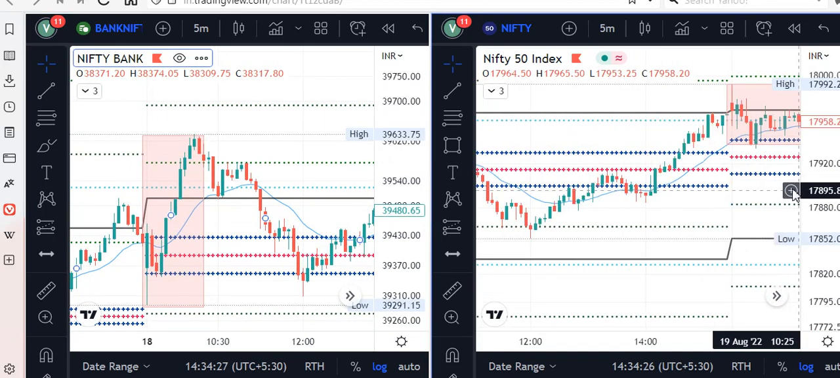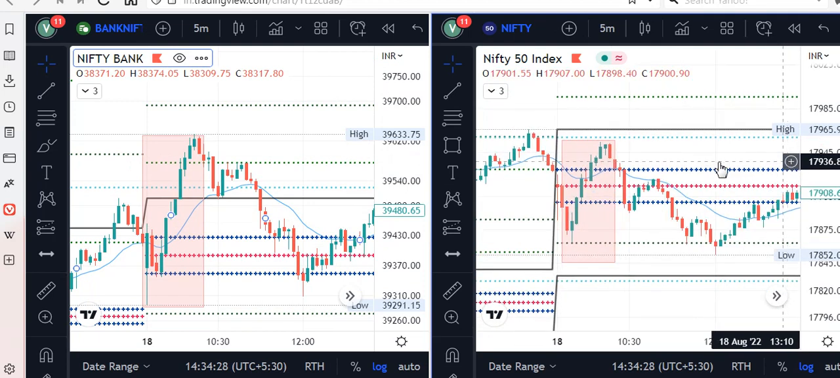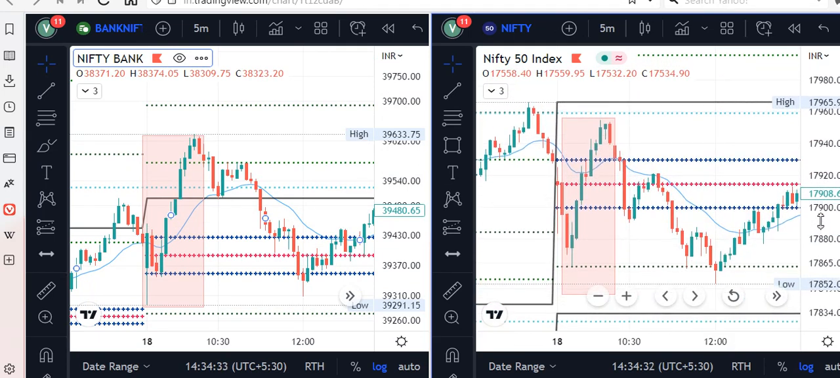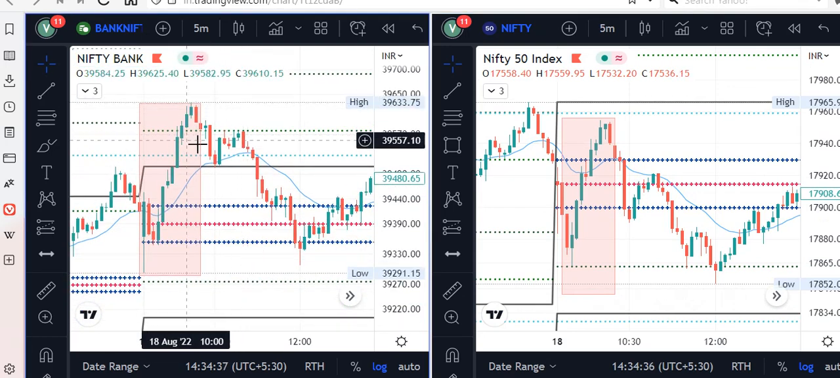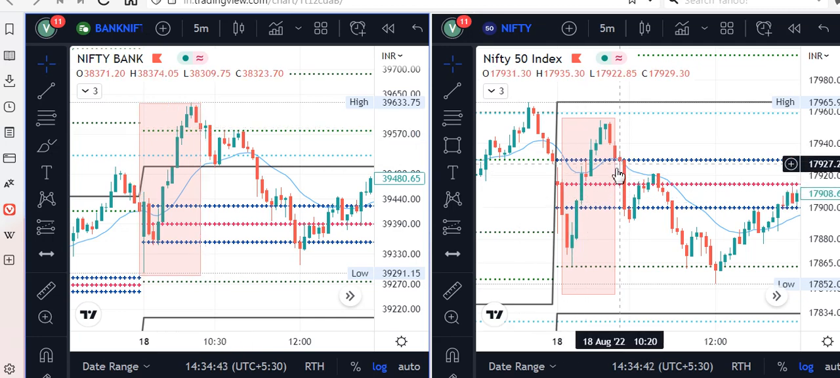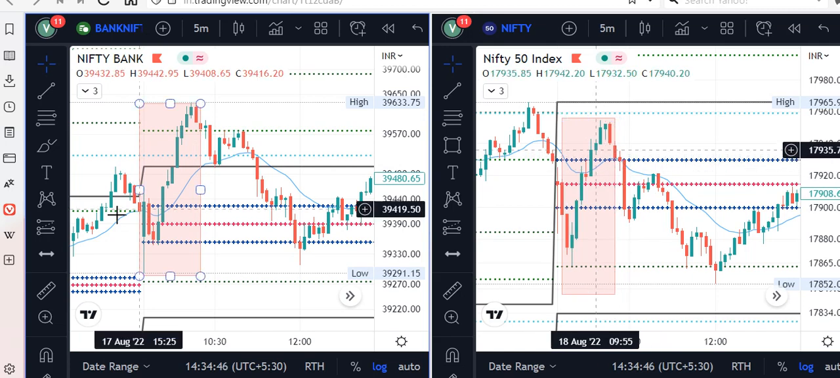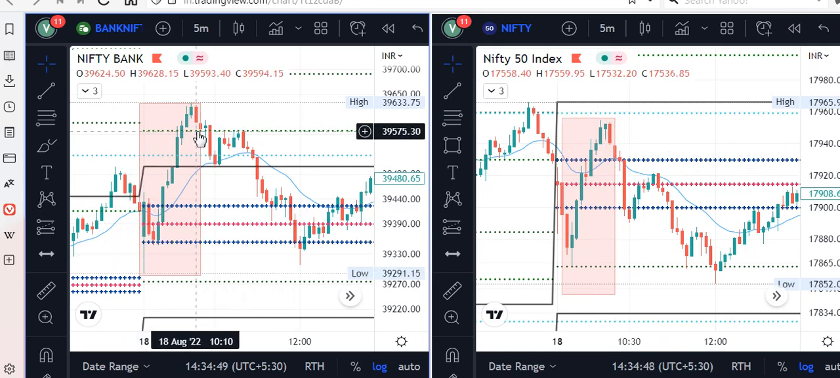This happened only 2 days before, that means 18th August 2022. If you see here, this is the first initial balance, the first 1 hour initial balance or morning range. I have marked this at the 10:15 candle. Here also this is the 10:15 candle. Okay, so I have marked this level and wait